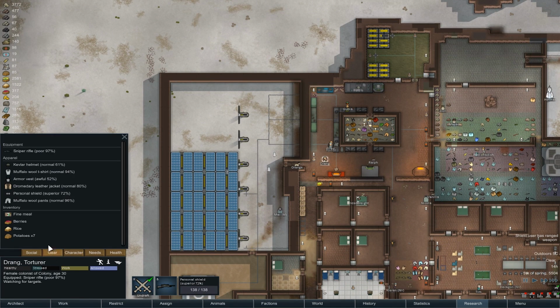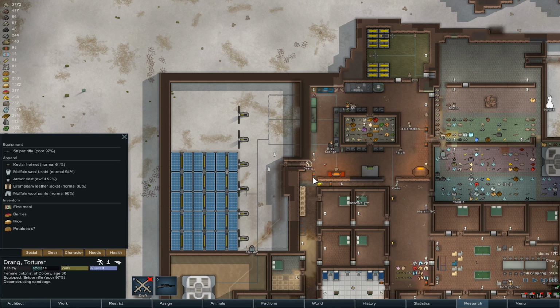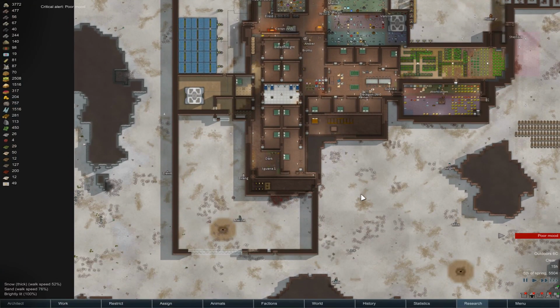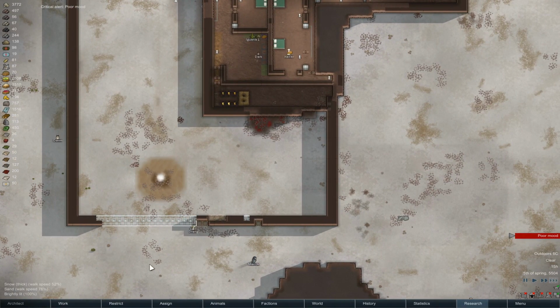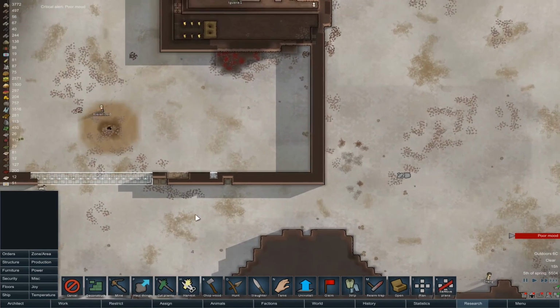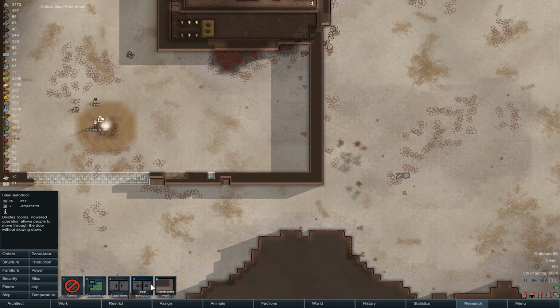Just anywhere. That's a nice personal shield. We're going to want that. Poor mood. Someone is pissed with me, as usual. Bit of hunting happening. Now let's get...